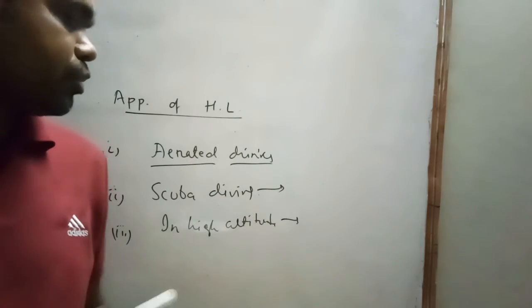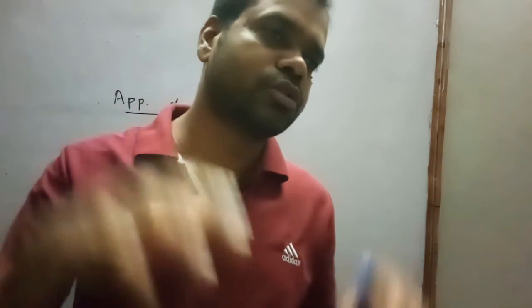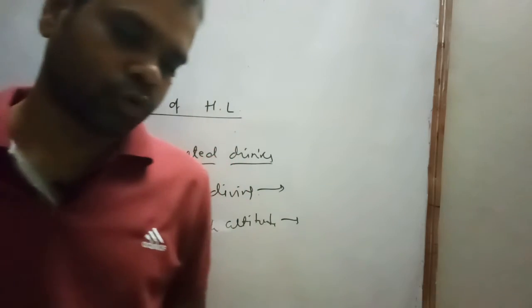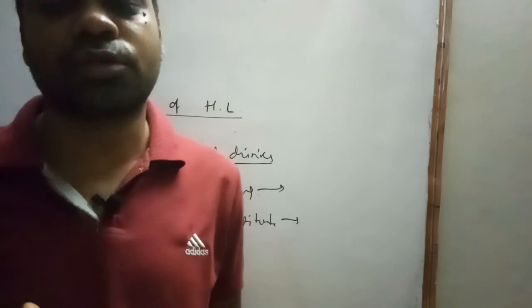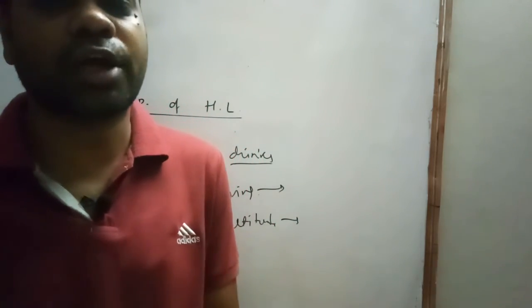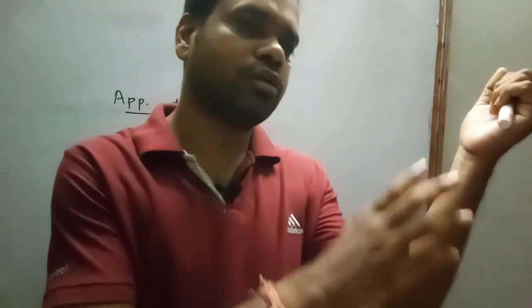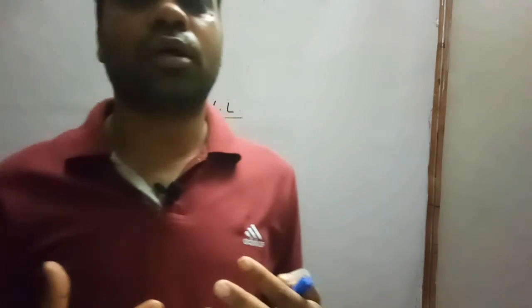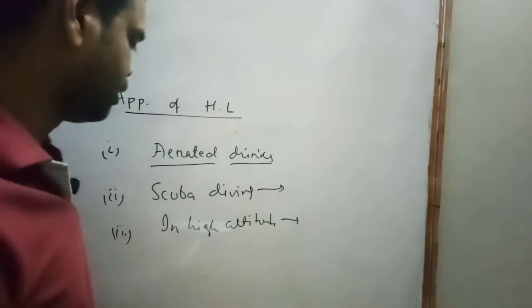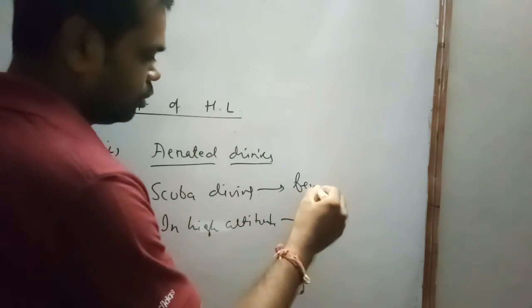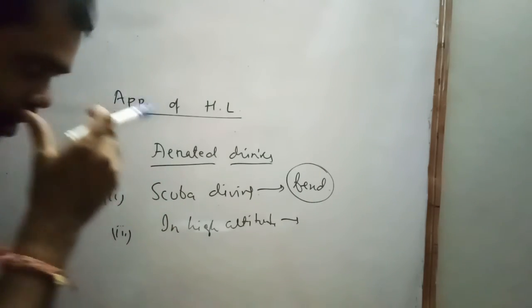In scuba diving, what happens? If you go down into the sea, the pressure is more. When you go near the bottom of the sea, the pressure is more. At that pressure, a high amount of oxygen and nitrogen is soluble in the body. When the person wants to come out from the sea, the nitrogen also wants to release from the body at high speed, and due to this high speed, in different corners of the body the blood vessels get disrupted, and that physical condition is called the bends. Due to this condition, scuba divers may die.